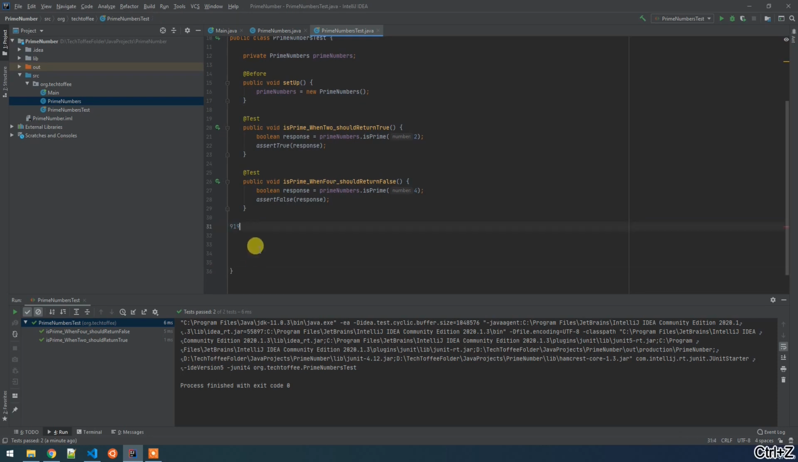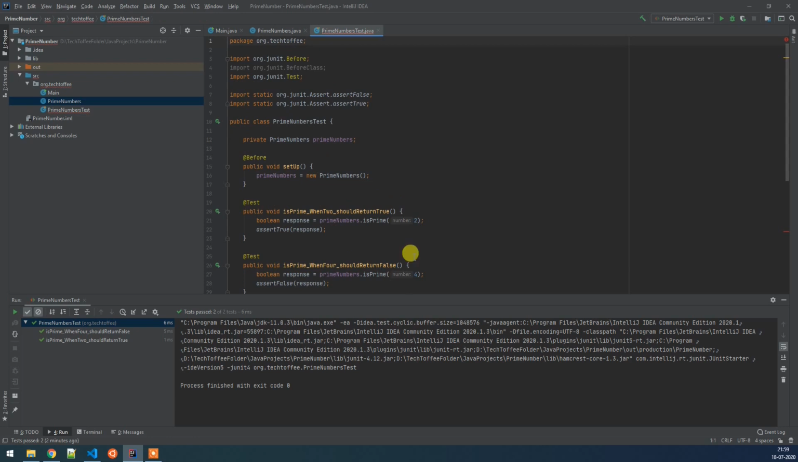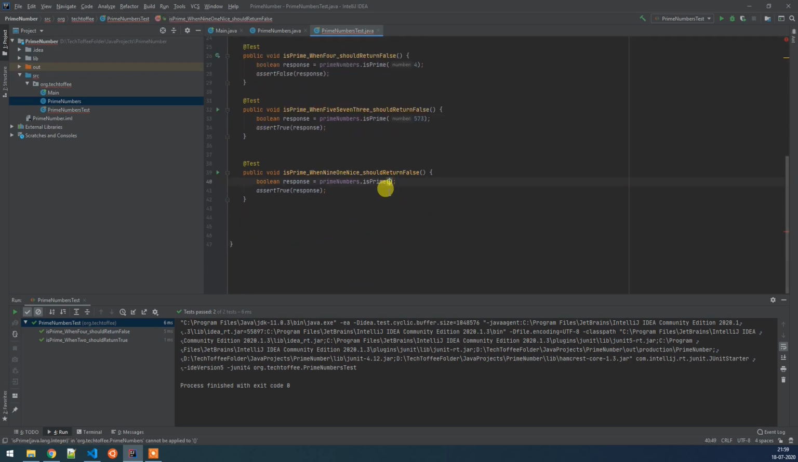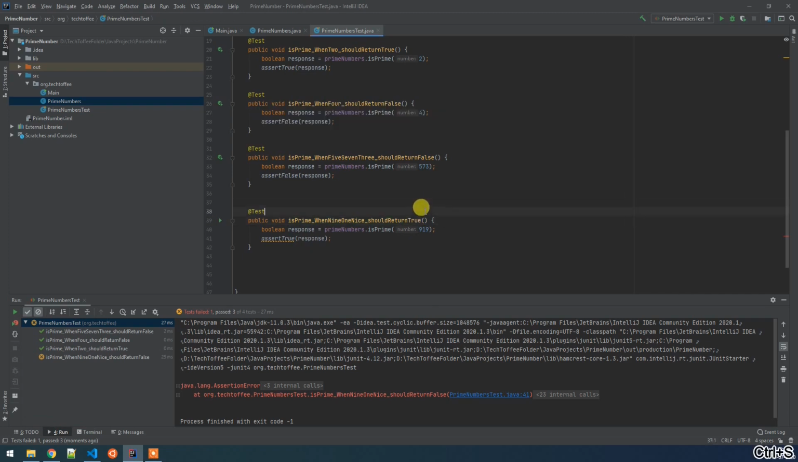which is not a prime number, but 919 is a prime number. So if we pass 919, we expect that it should return true because 919 is a prime number, and if we are passing 573, it should return false because it's not a prime number. Now if we run it,